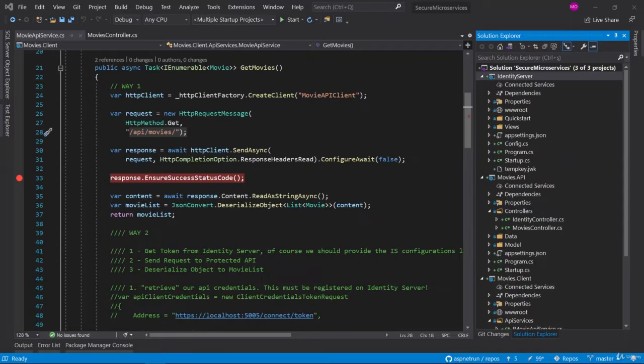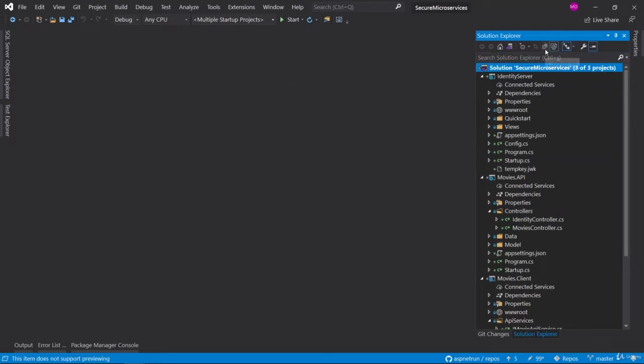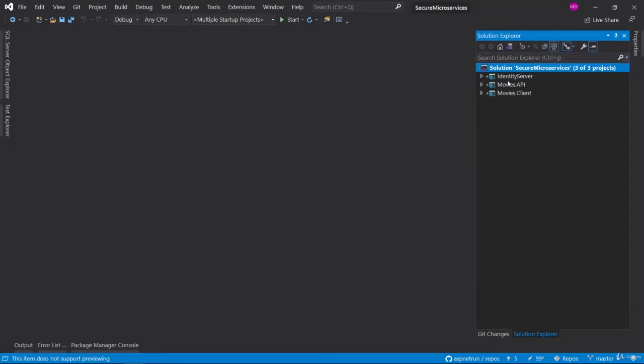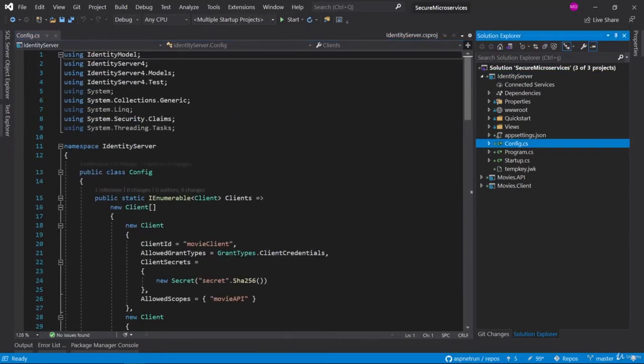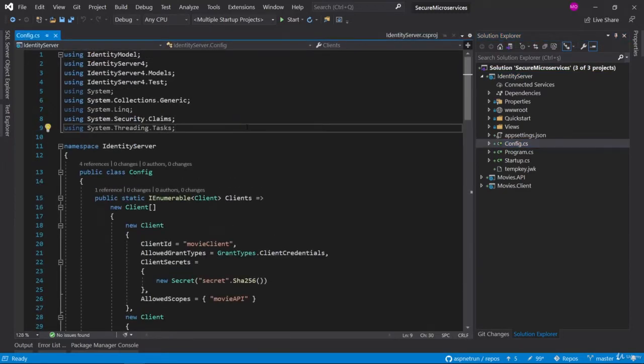So let's take action now. First of all, let me close all of the windows and collapse all the projects. And we are going to change our flow to hybrid flow. So we should modify our grant type in the Config.cs, right? For that purpose, we are going to locate the identity server application, because now we are changing the flow operation of the identity server get token flow. So that's why we should work on the identity server project, and we should focus on the Config.cs. Open the config class, and we are going to change our authentication flow to the hybrid flow.